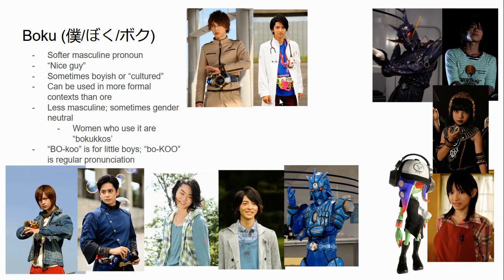Ryusei and Emu are interesting because Ryusei just uses boku before his identity is revealed as Meteor to the rest of the cast of Forze. He's trying to pretend to be a nice guy and just non-confrontational. He actually uses ore, but he uses boku when he's pretending to be someone else around the cast of Forze, which is basically just putting on a nice guy mask.